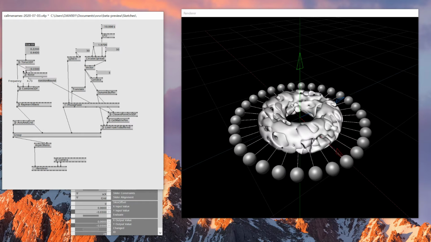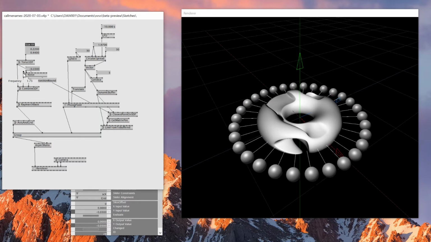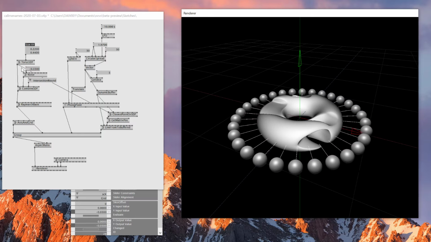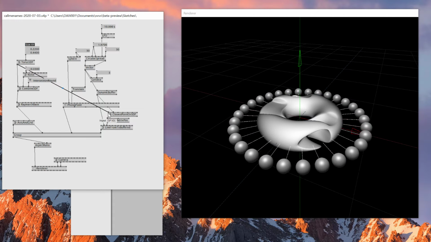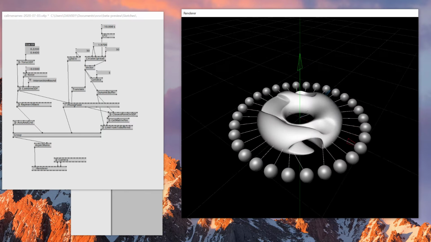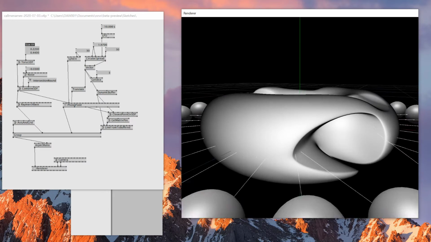And then I'll also reduce the frequency. So let's see if it's working. It's not, and that's because I'm still connecting the torus to the closest point on SDF. So let's reconnect this with the combined SDF. Let's see what happens. As you see, I added a noise to this part, so this part is not